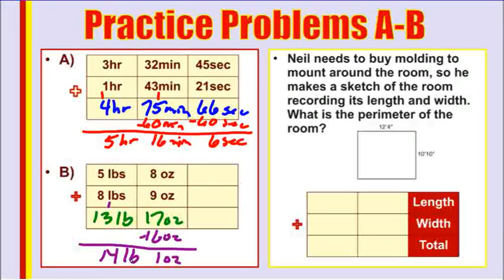Next, round B. Neil needs to buy molding to mount around the room. So he makes a sketch of the room, recording its length and width. What is the perimeter of the room? So the perimeter, so we got